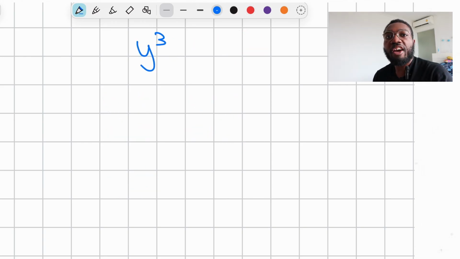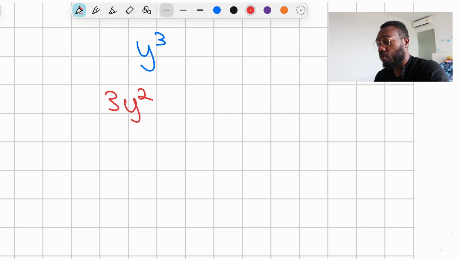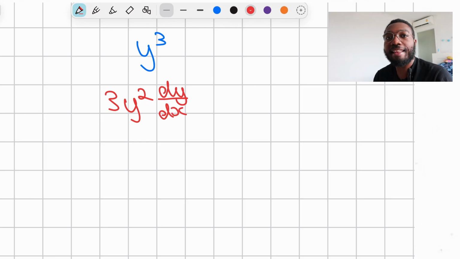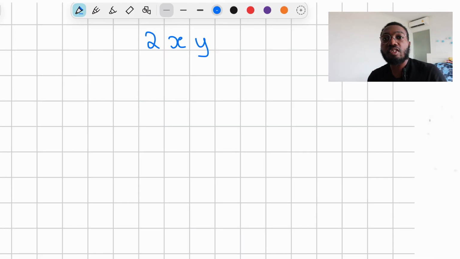Another example is if we have y to the power of 3, again, we could differentiate this as if we were differentiating with respect to y. So then that would give us a 3y squared, and then we just add the dy over dx at the end. So that's one way you can do it when we are differentiating with respect to x, but we just have y values. Now, what if we had something like 2xy and we want to differentiate this with respect to